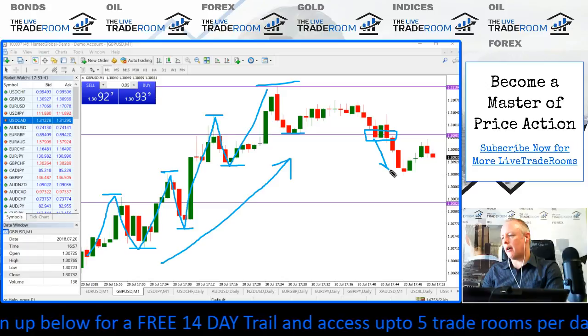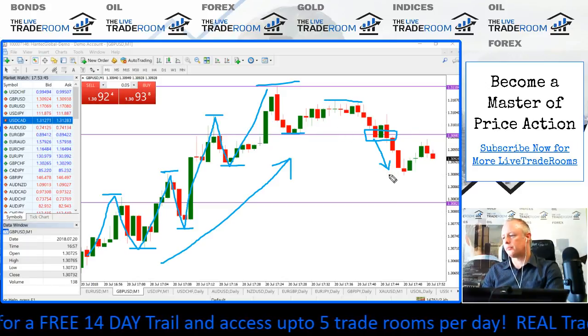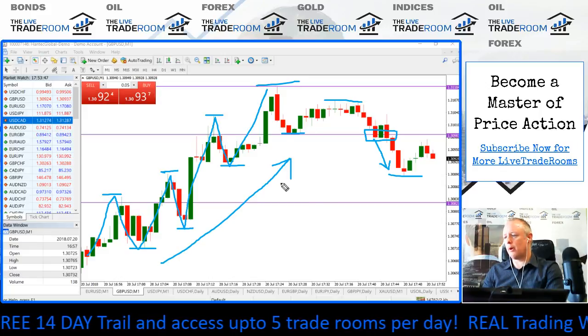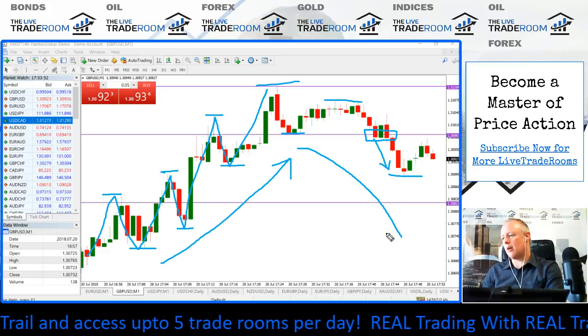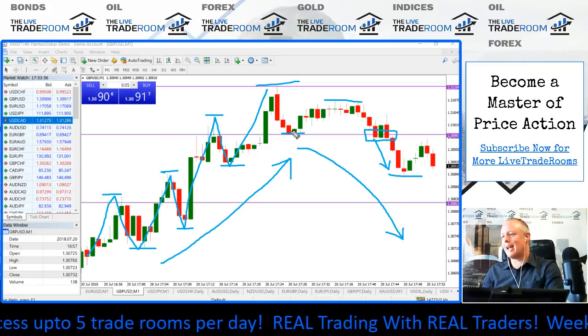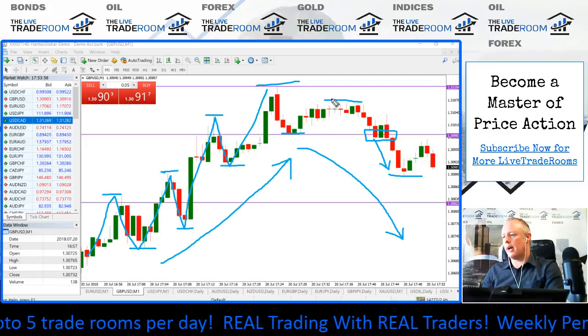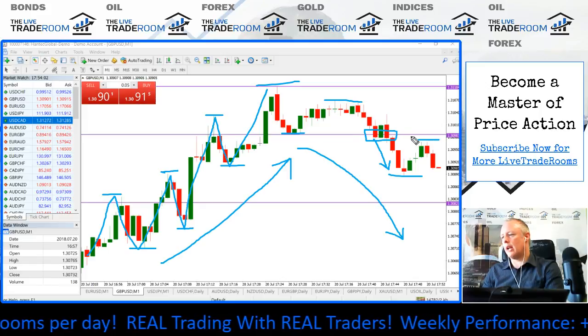And now we are at the beginning of potentially a downtrend. Whereas up to here we were looking for prices to push higher, now we have the potential for prices pushing lower. The reason why we say that is we now have a low and a lower high, followed by a lower low and subsequently a lower high.